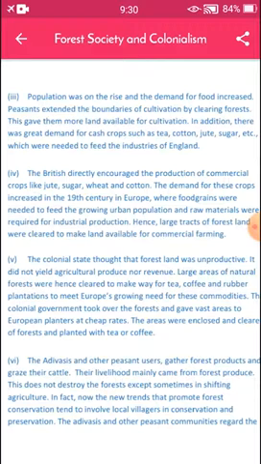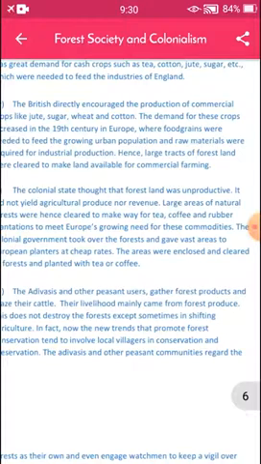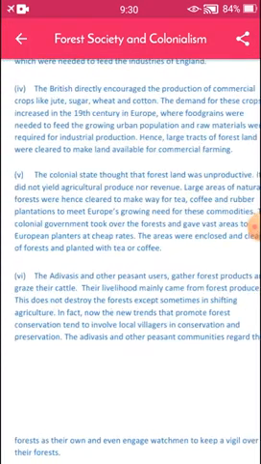Large areas of natural forests were hence made to make way for Europe's growing need for these commodities.